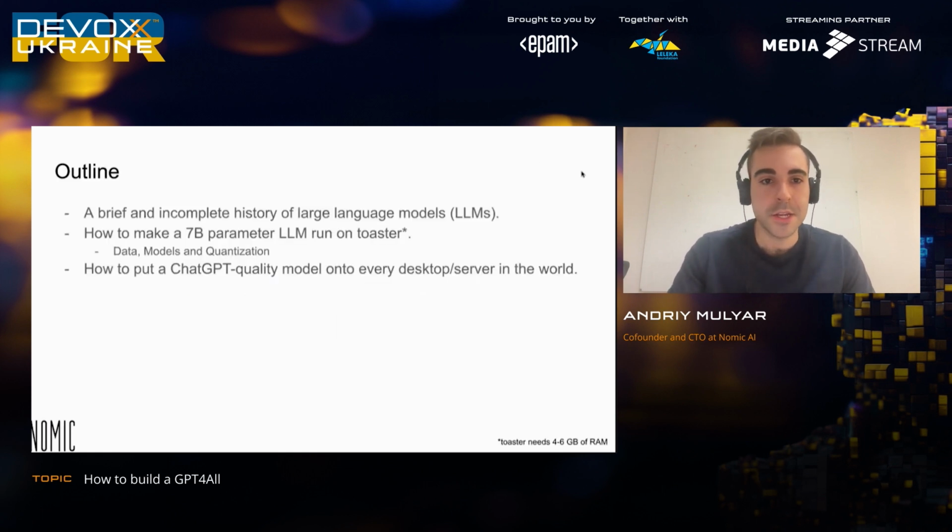So, a little bit of an outline. I want to give a brief and very incomplete history, the kind of history that if a researcher were to see, they would laugh at. But a brief and incomplete history of large language models, pretty much starting at 2018. I'm going to ignore everything that happened in the 30 years before that. I'm also going to talk about how to make these kinds of models that you see when you interact with chat.openai.com or Anthropic's models, run on low resource devices that might be akin to something like a toaster.